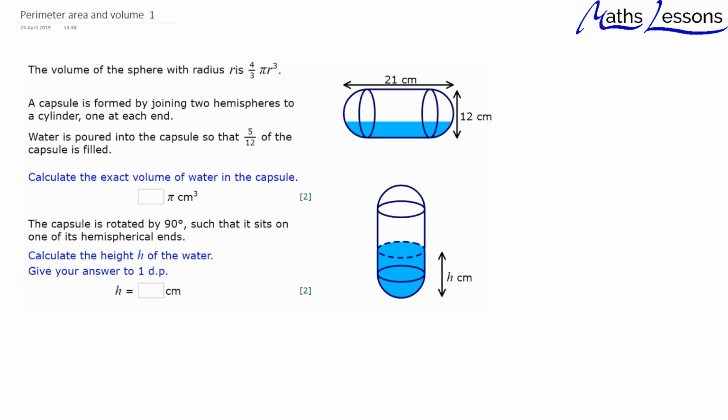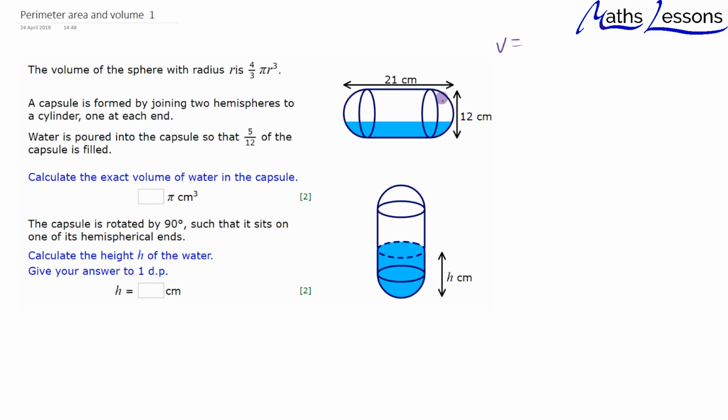Okay, so here's our first one for today. We've got this cylinder, and we've got spheres on the ends of it. We know the volume of a sphere of radius r is equal to 4/3 pi r cubed. So what we're going to do is look at the volume of all of this and then times it by 5/12 to get the water. So the volume for all of this,